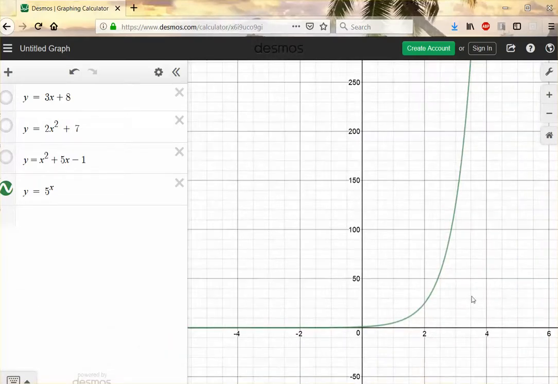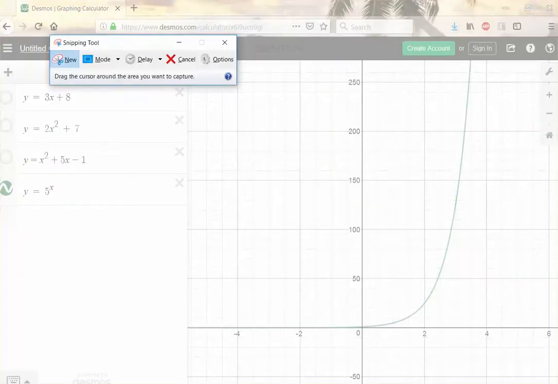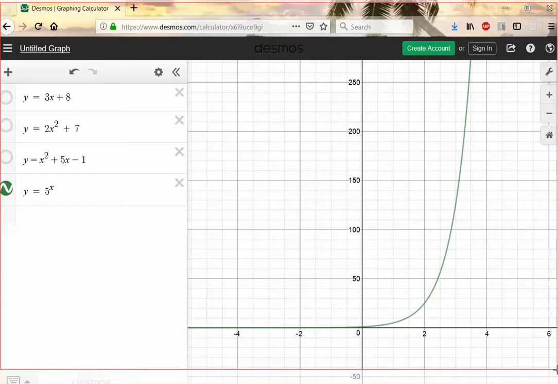Now the next thing that you would want to do is be able to share this. For your assignments, you need to give me the graph. There's two ways to do this. You can take a screenshot. There's a snippet tool that you'll have on your calculator as part of Microsoft Office, I think. Otherwise, maybe you just have a different one. Here we go. So the snipping tool, if you can find that,